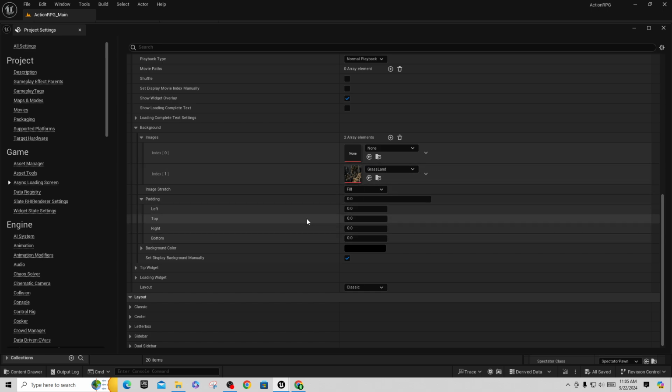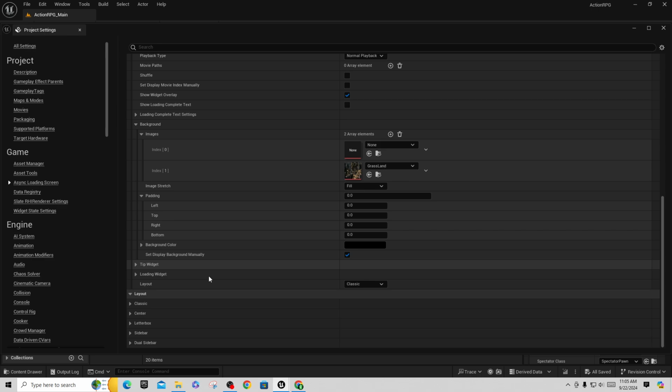I don't have one in between the other two. But I'm just setting this up so I can show you how it works. I haven't really gone through and configured everything myself. But there is a thing in here where you want to say set display background manually. I have that flipped on because what we can do then is tell it which one of these